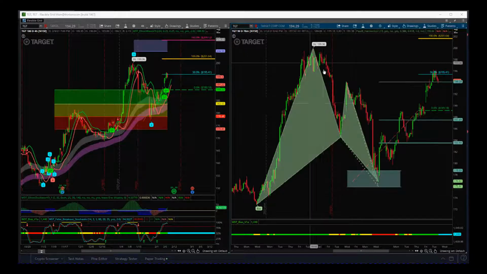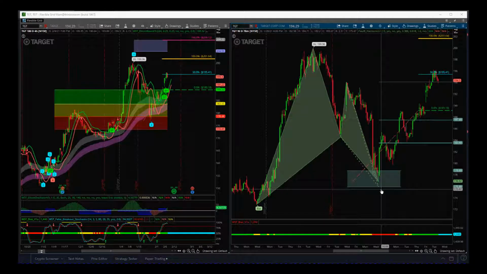Okay, so to the right we have the 78 minute. Now why do I use 78 minute? I use 39, 78 and 195 a lot. Basically it dissects that trading day for stocks. So I'm going to go big on this chart here